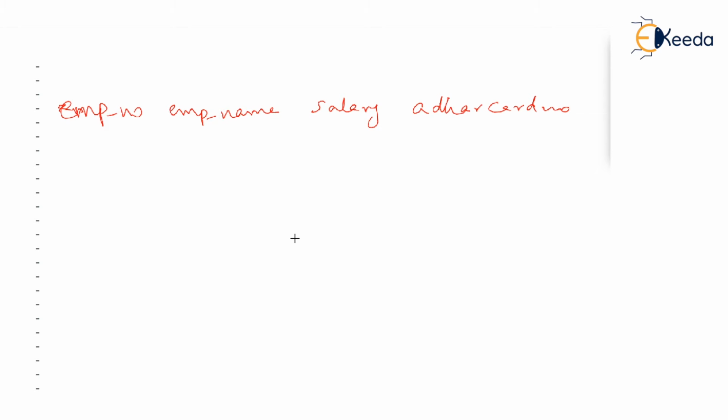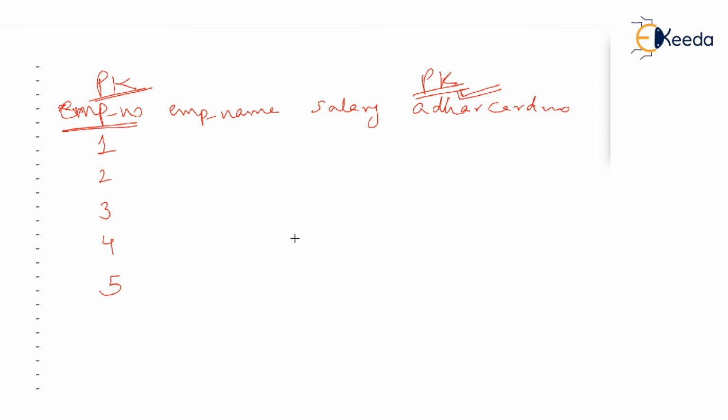Now, somebody will say that, okay, employee numbers are unique. We understand that. So this is the best thing to form a primary key. Employee number should be primary key, no doubt. But even Aadhaar cards are unique, isn't it? No two citizens will ever have the same Aadhaar card number. Then there will be a quarrel between the two people who are thinking about who should be the primary key. There can be a dispute. Somebody will say, sir, let this primary key be employee number. Somebody will say that Aadhaar card should be the primary key, because after all, you need unique values, isn't it?